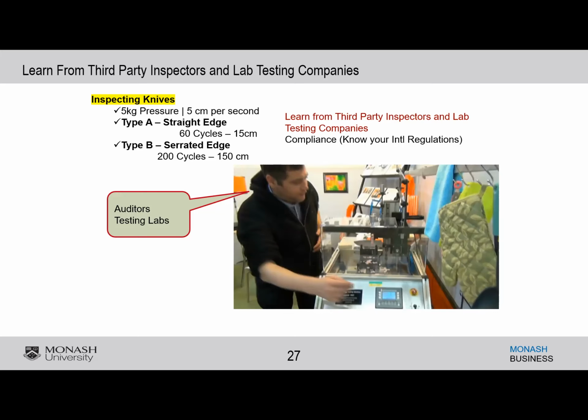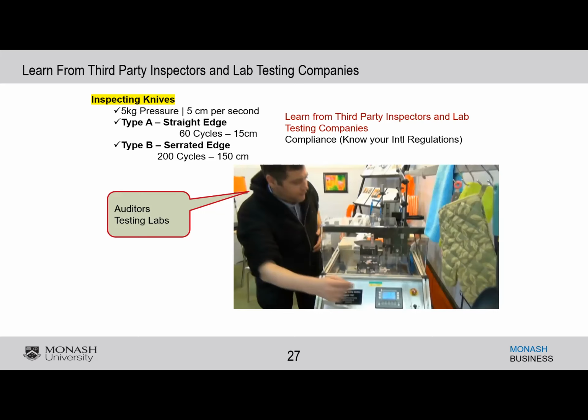You go and talk to a knife inspector, and that's what this guy is. He's a knife inspector. What does he do? Well, say you're sourcing 2,000 knives, serrated edge, and a sample of knives will be tested in the TUV labs or another lab that's nearby the supplier. And when it goes to that lab,